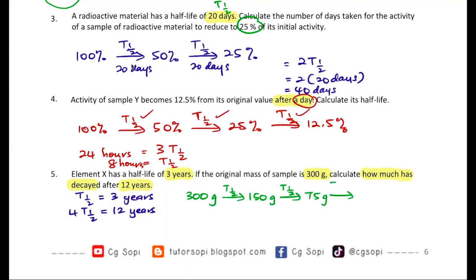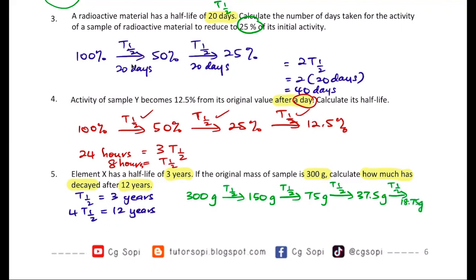Another half-life, it will be 75 divided by 2, 37.5 grams. Then another half-life. 37.5 divided by 2 is